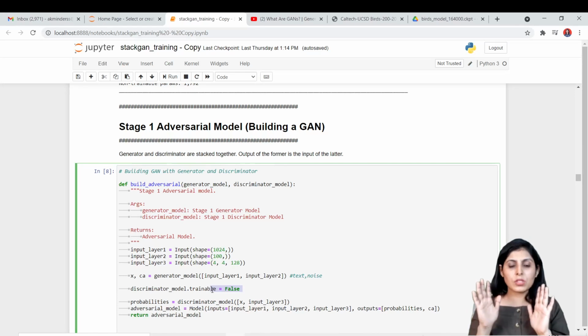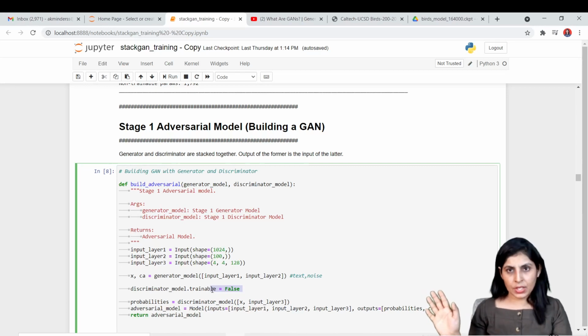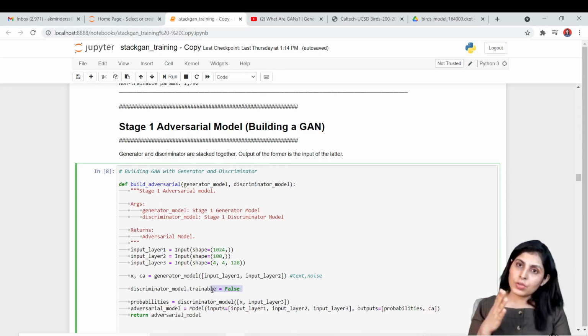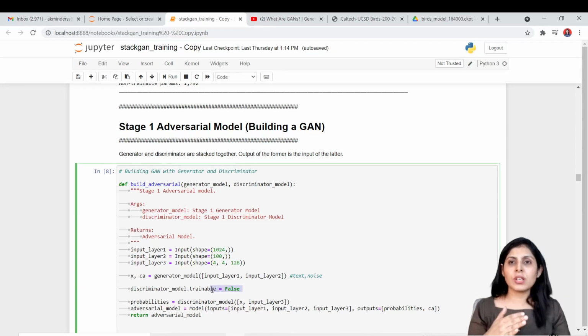So see guys, we always train the discriminator separately, because if you train your discriminator with your generator, the performance of the discriminator will decrease.